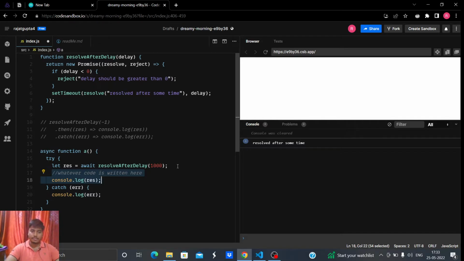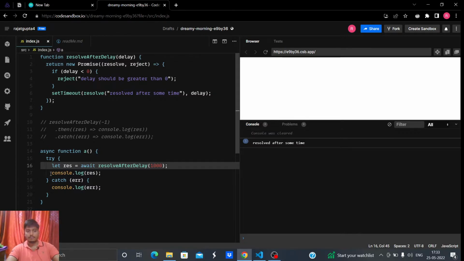Because this promise is rejected, and hence it will directly move on to this catch block. So you guys should understand that if there is an error, whatever code is there in the try block after the rejection or after the error will not get executed,